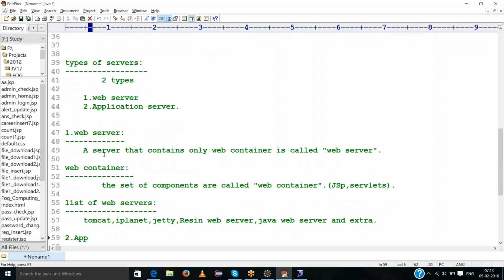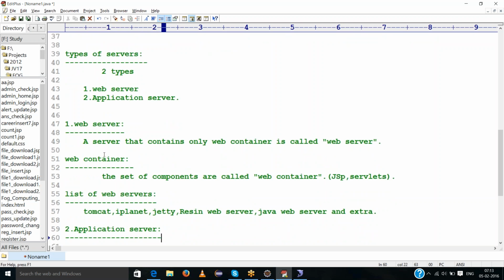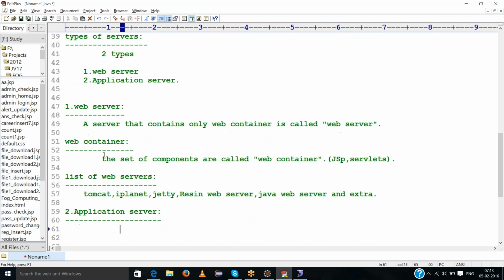And the second one is the application server. What is an application server? A server that contains both a web container and an EJB container.